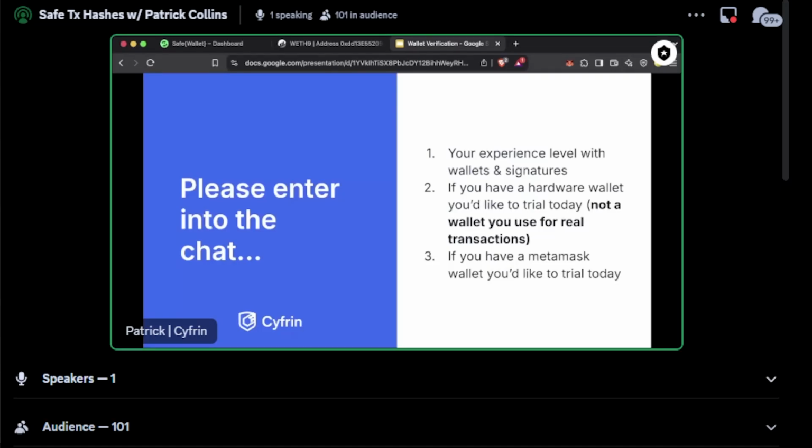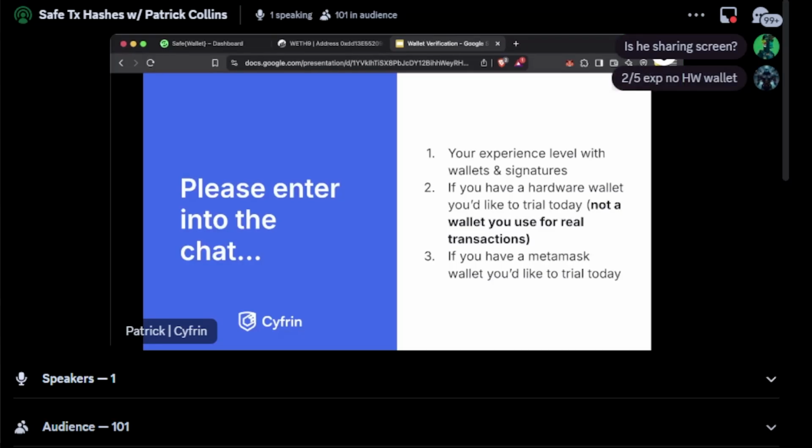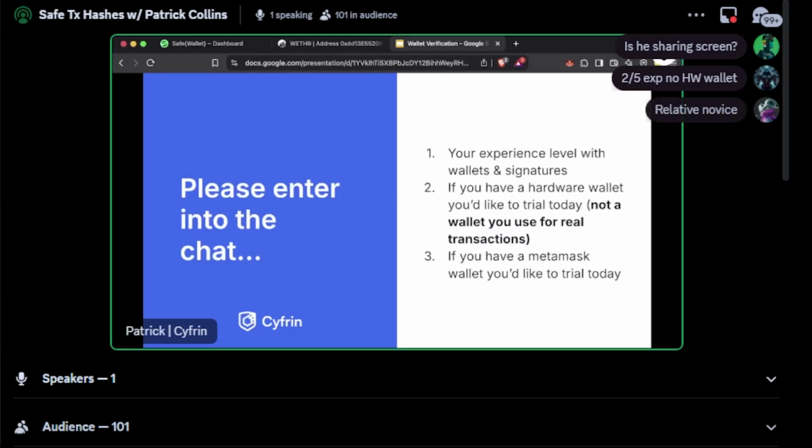So before we get started, if you could go ahead and enter into the chat here your experience level with wallets and signatures. Please do this in one message because we have 100 people here, which is awesome. Number 2, if you have a hardware wallet you'd like to trial today, and this must not be a hardware wallet that you use for real stuff. This must be a separate hardware wallet. And then finally, if you have a MetaMask wallet you'd like to trial today,